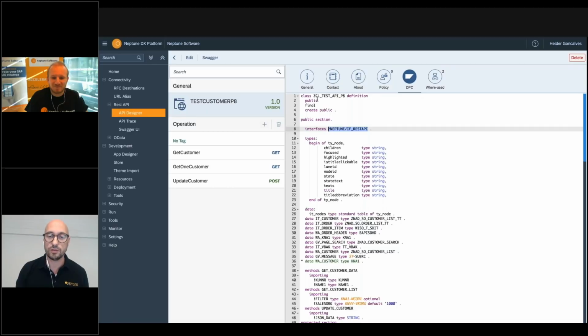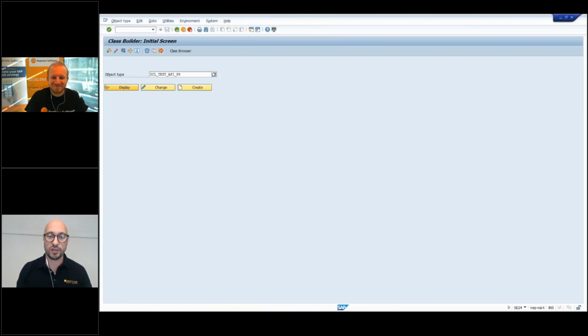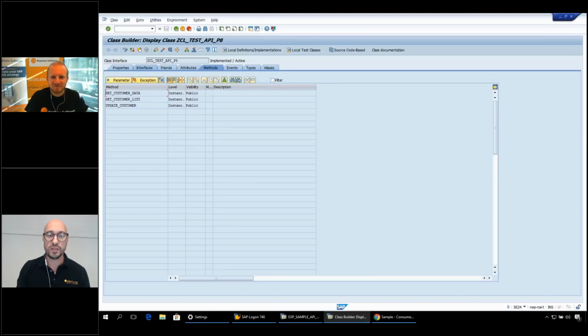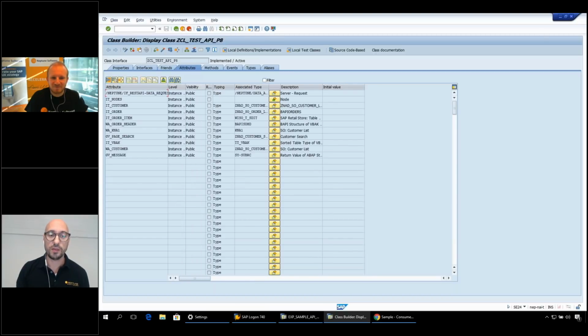If I go to my SAP GUI and show you this in SE24, you can see that we just added an interface to the ABAP class, and because we added the interface, all public attributes of this class are available to